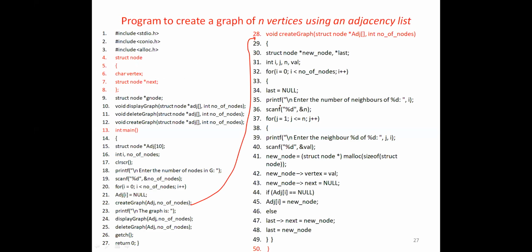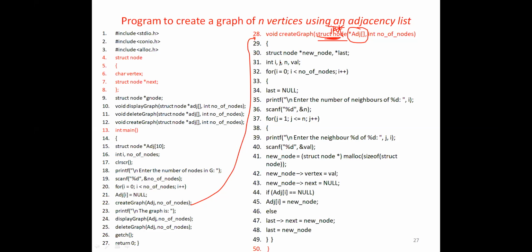So it goes directly to the create function. Since we are using an adjacency list, how does this argument get adjacent? Because I have to store an array of pointers, right? So this ADJ represents nothing but an array of pointers. That's what we are storing in this, and we are declaring it as struct to node. I should not put int here. Why? Because the array of adjacency pointers is going to store the addresses of the data type struct to node. So that's why I'm using struct to node here. You should not put int.